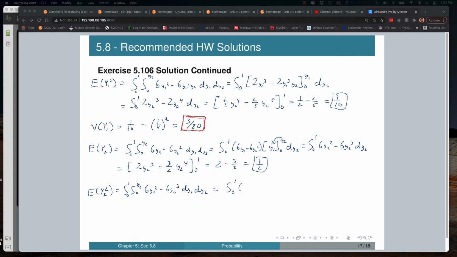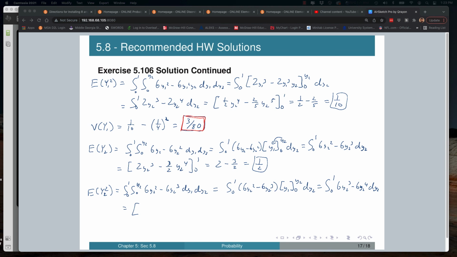Again, all that's a constant, times y sub 1, evaluated from 0 to y sub 2, dy sub 2, which just equals the integral from 0 to 1 of 6y sub 2 cubed minus 6y sub 2 to the 4th dy sub 2, which equals